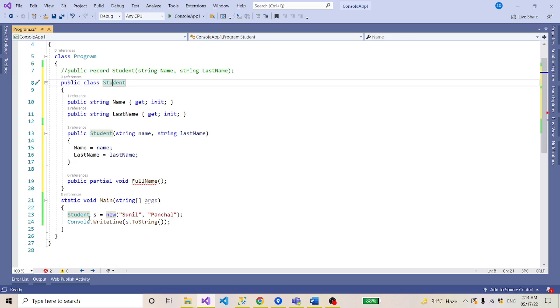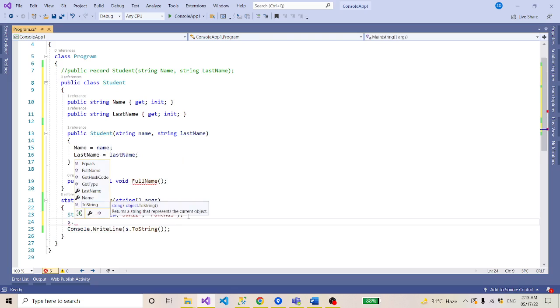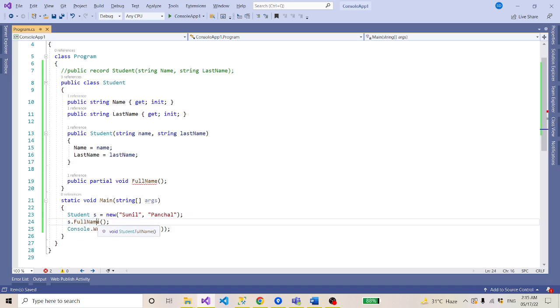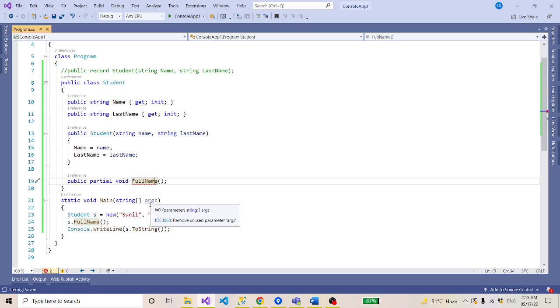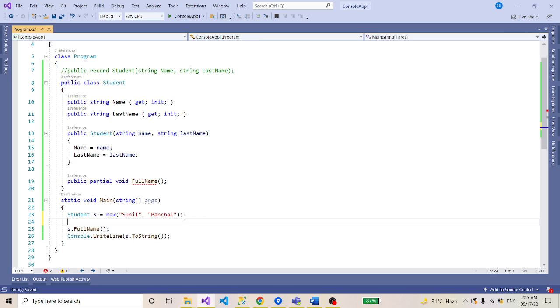Suppose I have created the instance of this class and I want to access this full name function, so it should contain the definition because we are accessing it. That's why it is giving me the error. So we have to give the definition to this function, and as it is a partial function, we can give the definition here, like this: public,